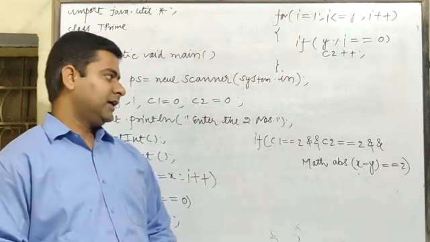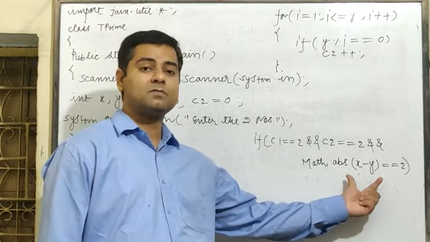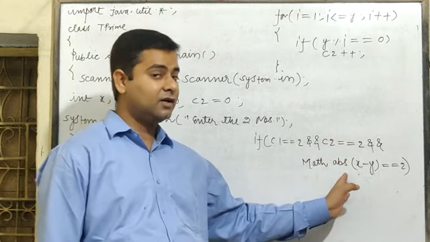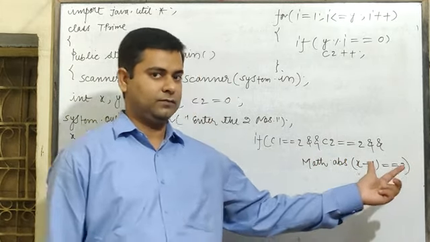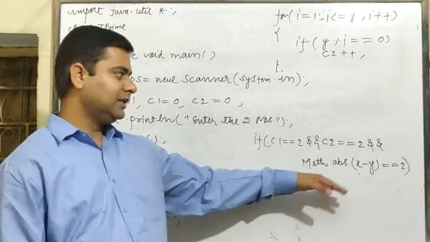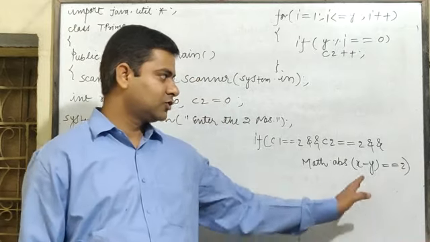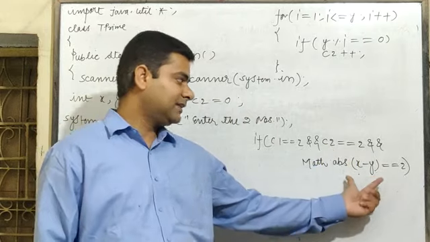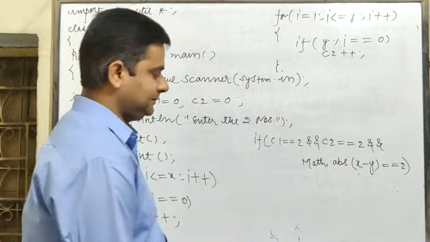So suppose the value of x is 3 and y is 5, so 3 minus 5, you will get what? Minus 2. So Math.abs of minus 2. My abs function will convert minus 2 into plus 2, and then after converting into plus 2, it will compare to 2. So Math.abs function is used to convert the negative value to positive value. Then only the resultant value will be compared with 2, whether it is equals to 2. So first condition is true, x is prime. Second condition is true, y is prime. And this condition is true, it means their difference is 2. It means that these two numbers are twin prime.